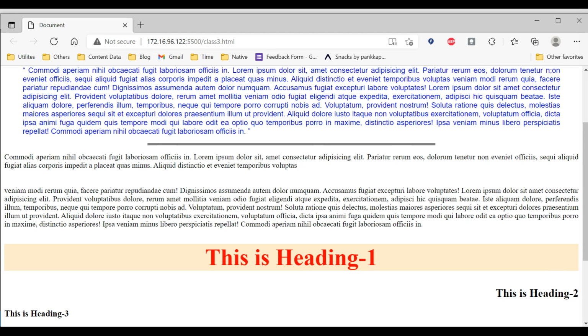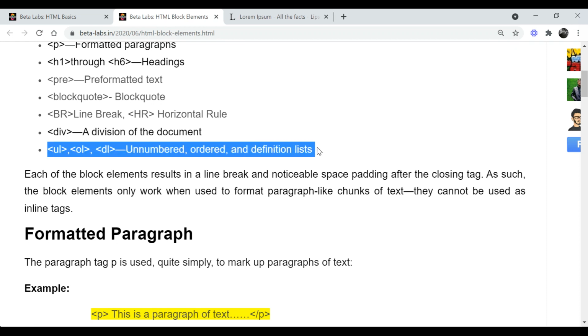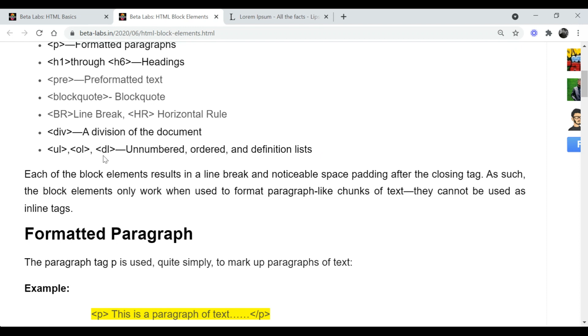So BR is also a block level element. We will discuss div in a more detailed manner in the coming class, because div is a very important and very popular block level tag. And there are some list tags like unordered list, ordered list, definition list.